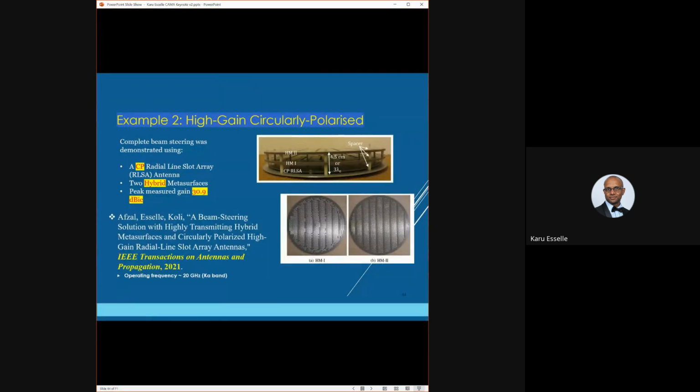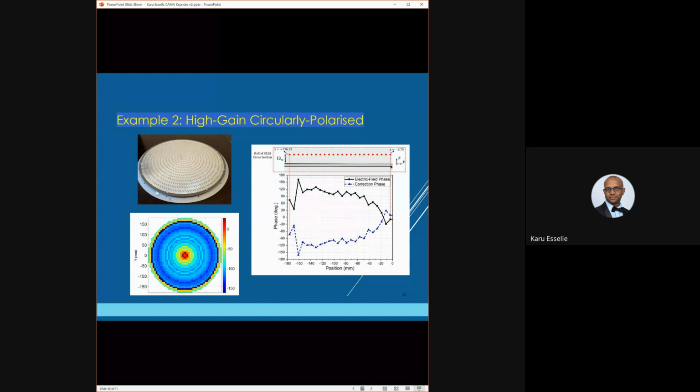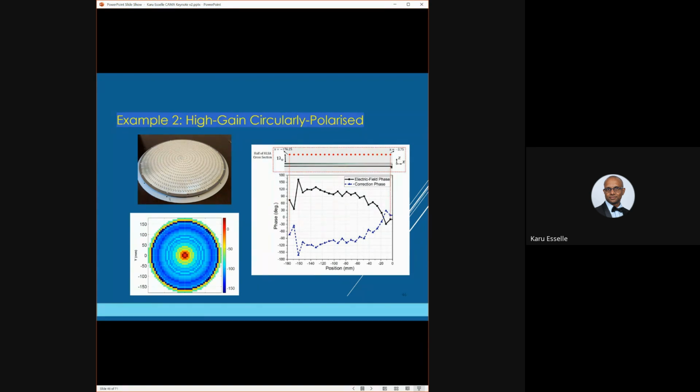Okay, I went backwards. So this is about the phase error of the circular polarized antenna. To correct the phase, first we had to probe the phase error. So we probe. You can do it numerically using CST or whatever software you have. Define a plane above the antenna. Normally the plane where you are going to place the phase correction surface, or the first metasurface in this case, about 1 lambda naught,